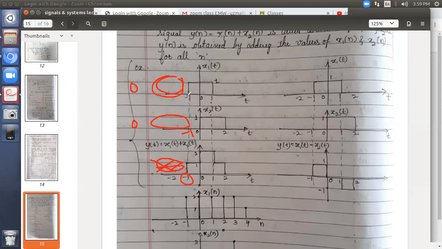Then observe, let us take one point at a time. This has actually 2 parts: -1 to 0, one block, and 0 to 1, one more block. So let us split this. We will consider only this part first. The amplitude in between these two is 1, right? It's constant. What is the amplitude here in between? There's no value. The signal is starting from 0. Here you don't have anything, so 0. So what is 1 plus 0? It is 1. Hence, between -1 and 0, I have drawn this block, 1.